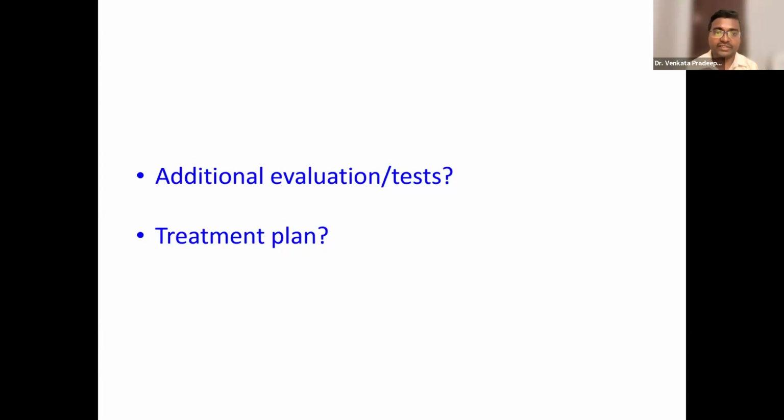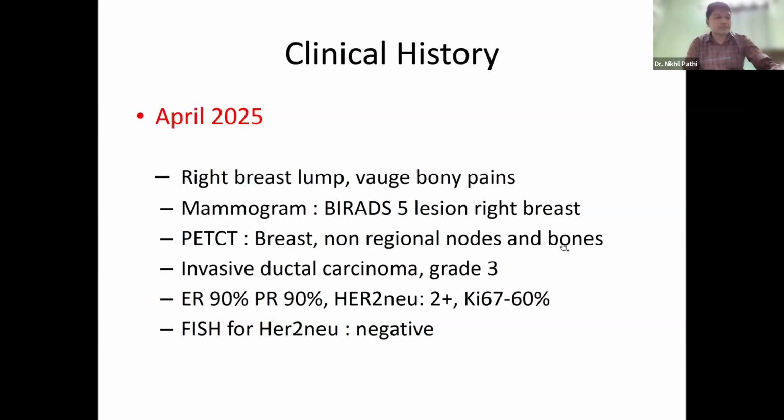Yeah. Thank you, Dr. Nikhil. Can you go to the previous slide once, please? Yeah. So to summarize in 2 lines, it is a 70-year-old lady with diagnosed breast cancer, metastatic, hormone positive, HER2 negative. Had it been a young patient, I would definitely have proceeded with the treatment. Now that she is 70 years old, I would like to take a few more history points as well as some small assessments,